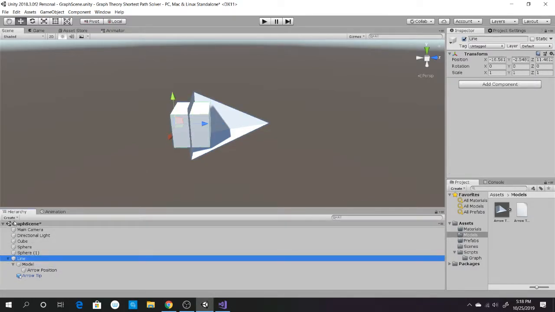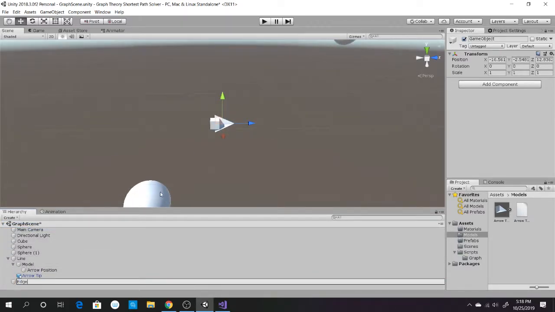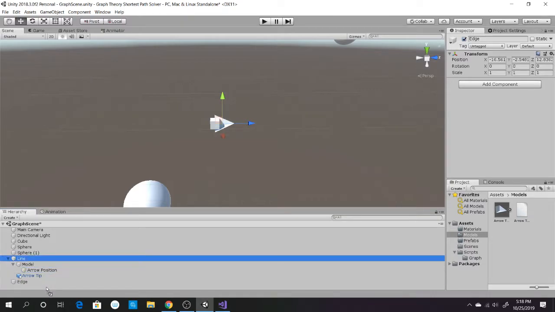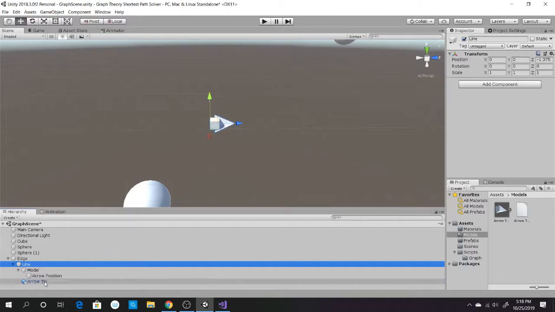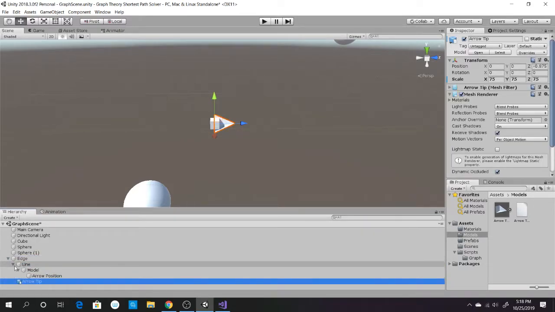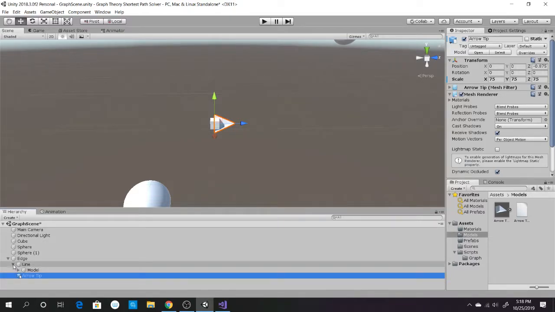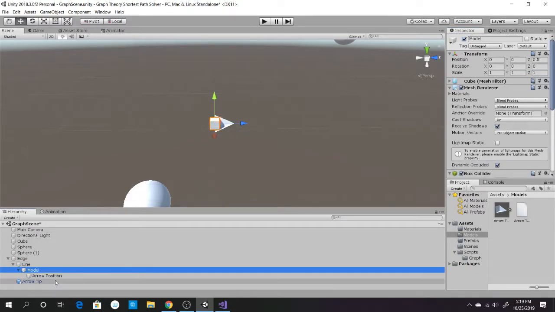And then this is not really complex, but there's quite a bit of a hierarchy, if you ask me, for just an edge. Then we have here the arrow tip goes into the edge, and now we can change the line to be whatever length we want it to be, but you now need to make sure that the